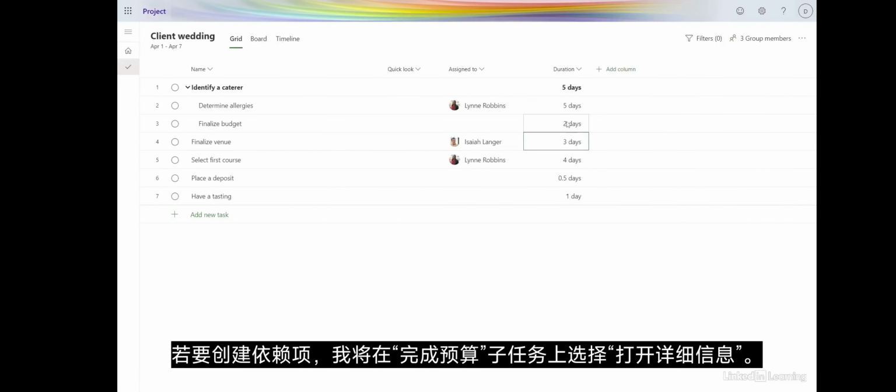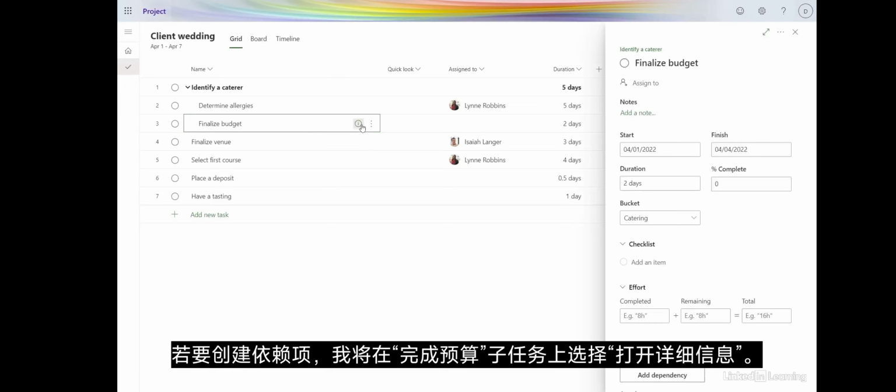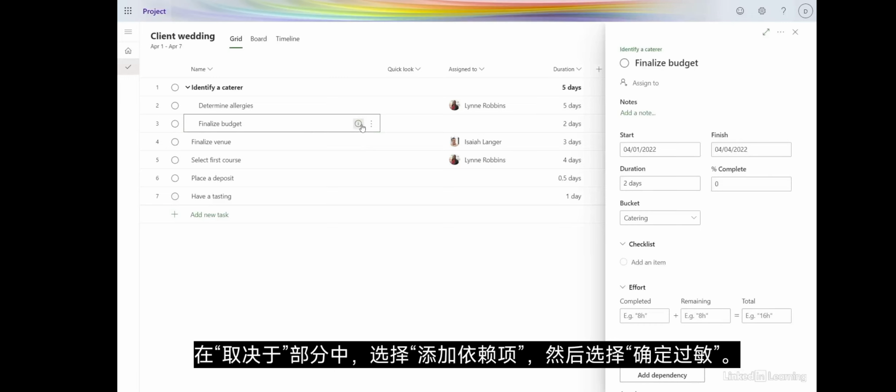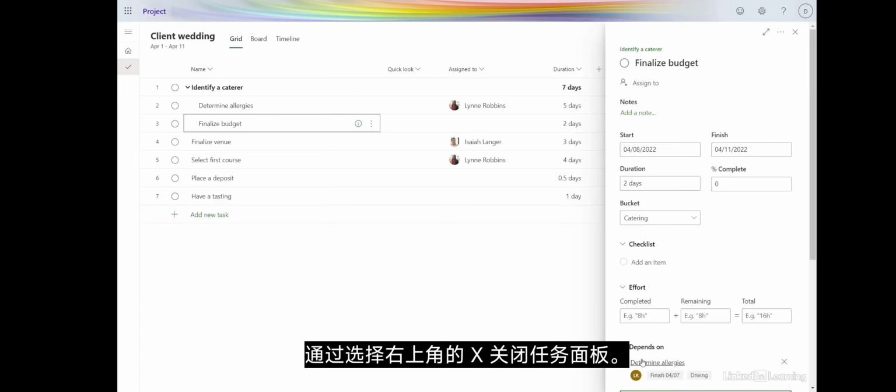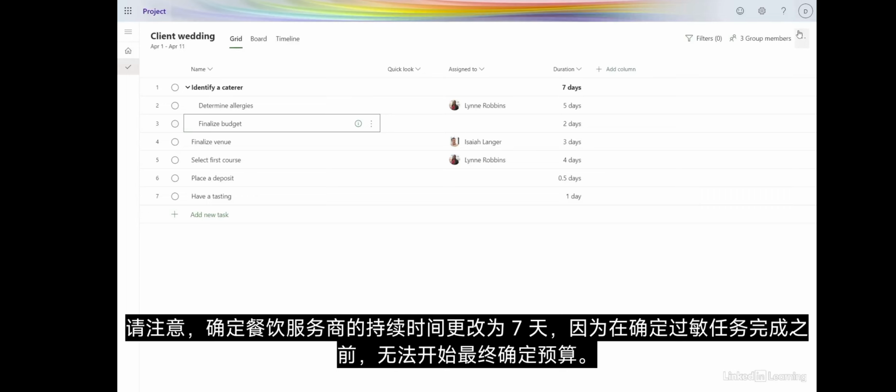To create dependencies, I'll select Open Details on the Finalize Budget subtask. In the Depends On section, select Add Dependency, then choose Determine Allergies. Close the task panel by selecting the X in the top right. Notice that the duration for Identify a Caterer changed to 7 days, since Finalize Budget can't start until the Determine